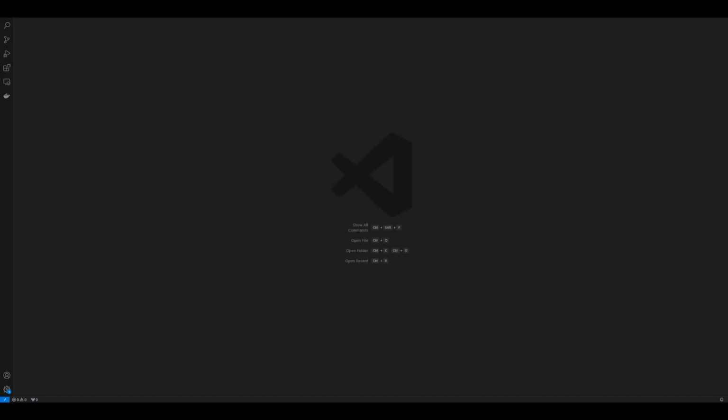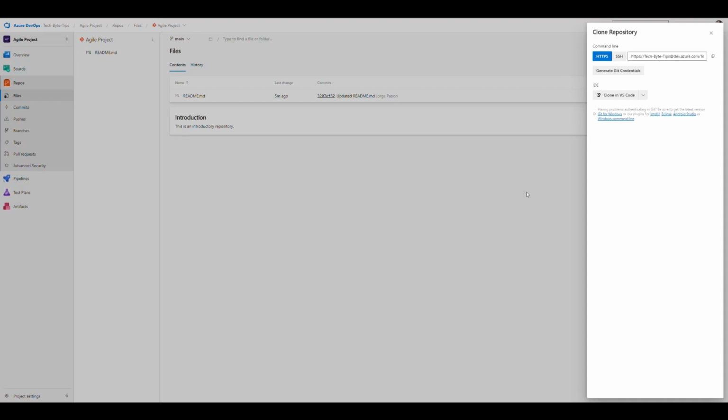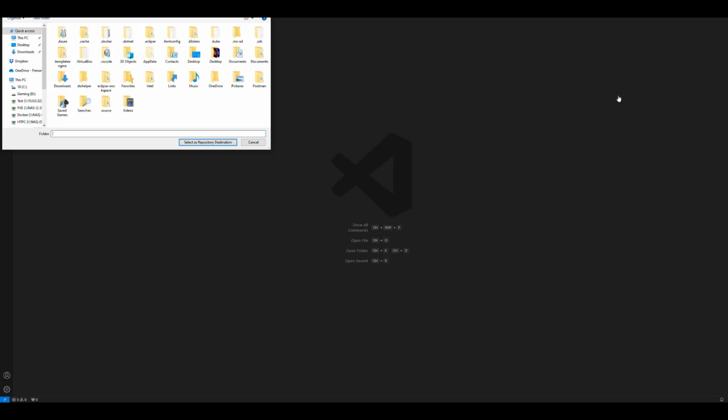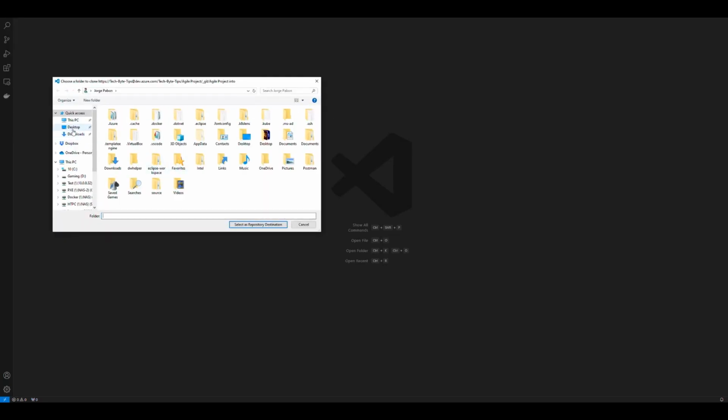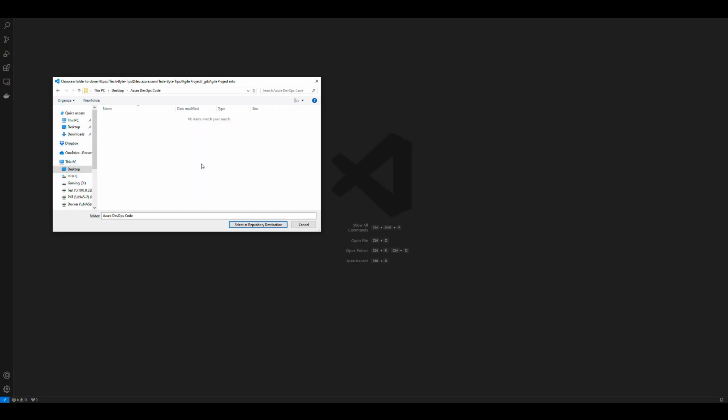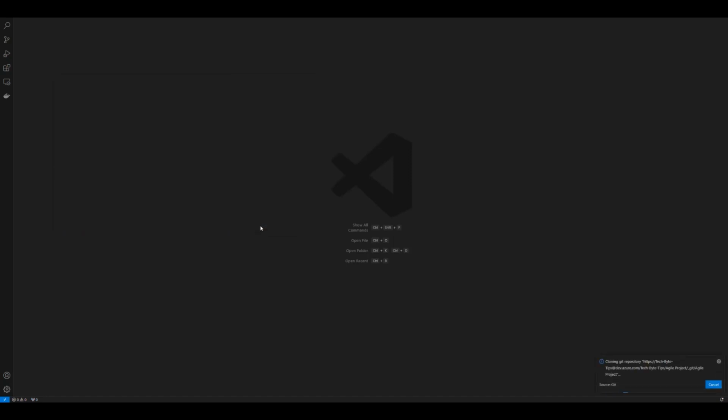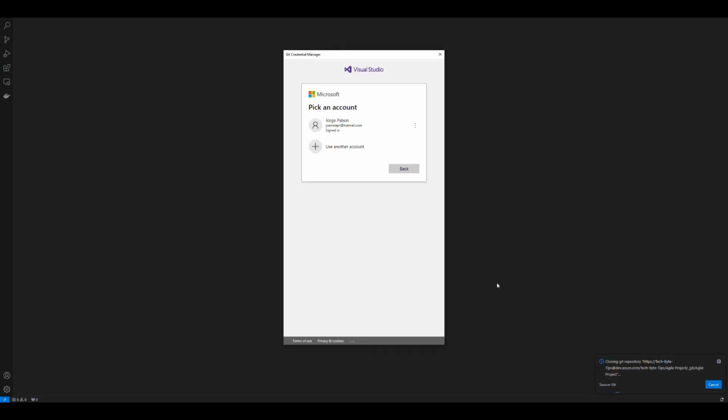Alright, I have installed Git, so let's go back into the Azure DevOps interface and then click the clone in VS Code. Now it's going to take us to the Visual Studio Code user interface, and in here then we can pick a place that we want to put our code in. So let's use this folder on my desktop, named Azure DevOps Code, select as the repository destination, and now as you can see it's cloning the repository from the Azure DevOps interface, and then it prompts us for our credentials. So I'm going to sign in with my credentials,